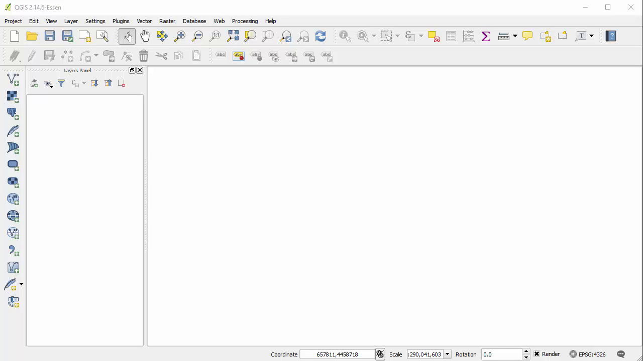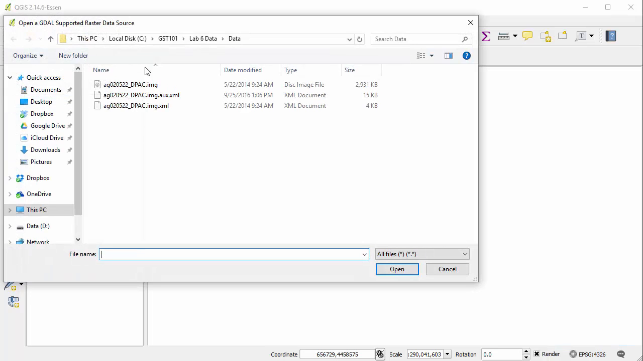There are many ways to view multiband image data. Here you will explore some display options for multiband image data in QGIS Desktop. First, open QGIS Desktop. Then click the Add Raster Layer button, navigate to the Lab 6 data folder, and make